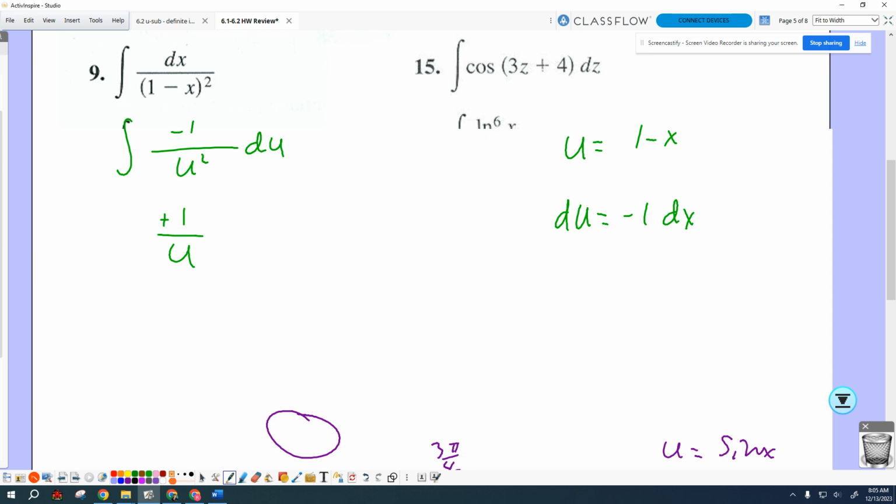I'm forgetting something? Plus C. No bounds, so I need the plus C. Do I need to, Alex, do I need to go back to the x's or do I stop here? In this case, you do. In this case, I need to go back to the x's, so it becomes,